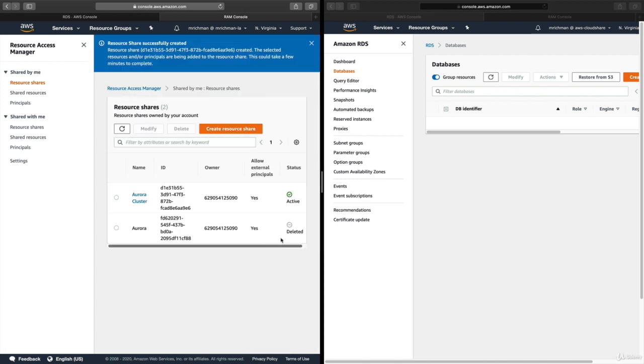Now you can see I have one here in the deleted state, and that was just me testing this prior to recording the video, so you can actually ignore that one. The one we're interested here is the Aurora cluster share that we just created, whose status is active. Now you'll notice if you go over here to account 2 and click refresh, you don't see anything. Well, why is that? Well, we have to go into the share here,